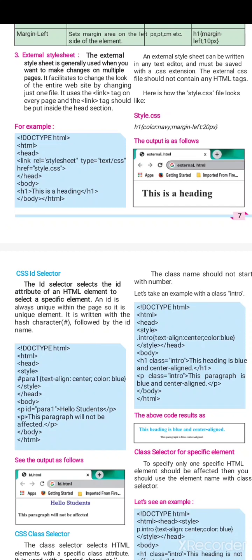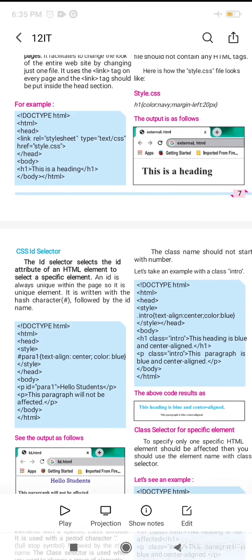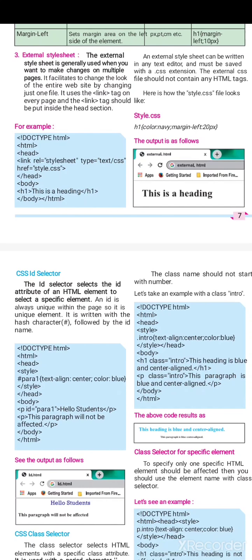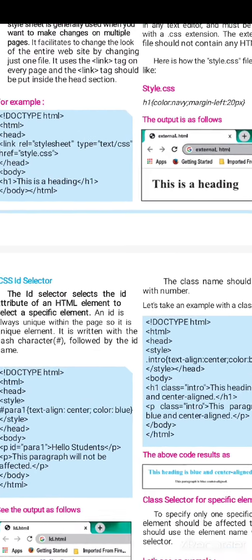So this link tag can links these two different document. Two different document means such a style sheet is saved with extension of .css. CSS stands for cascading style sheet, and such a effect to be applied on a other file of HTML, something .html file.